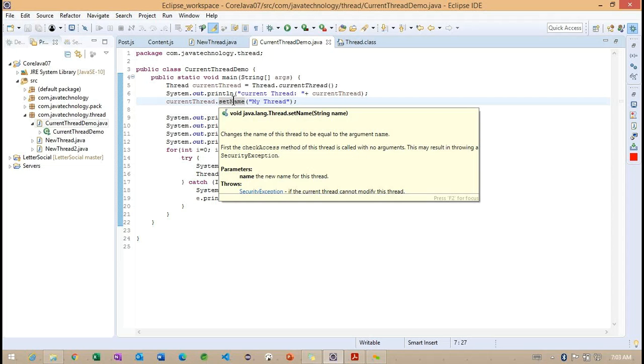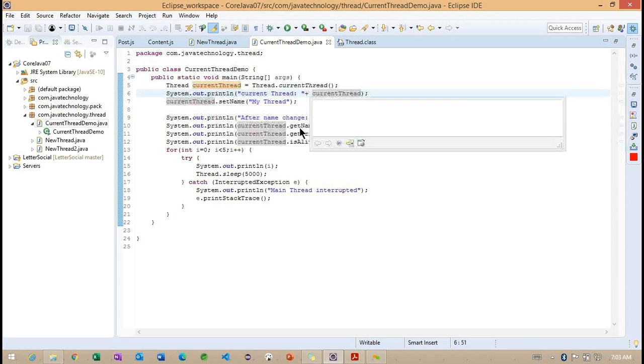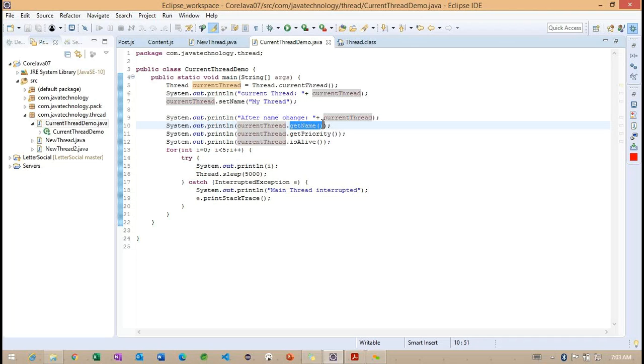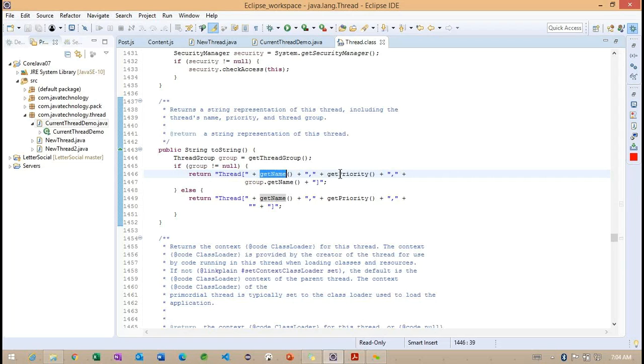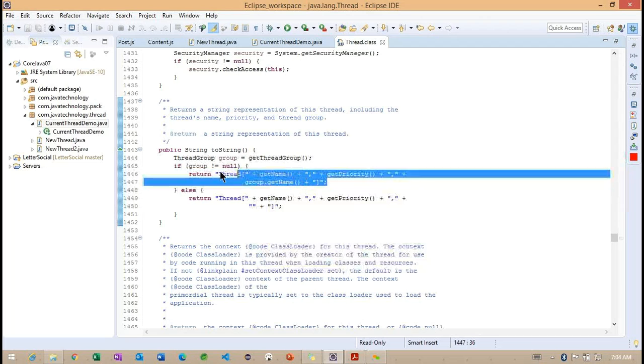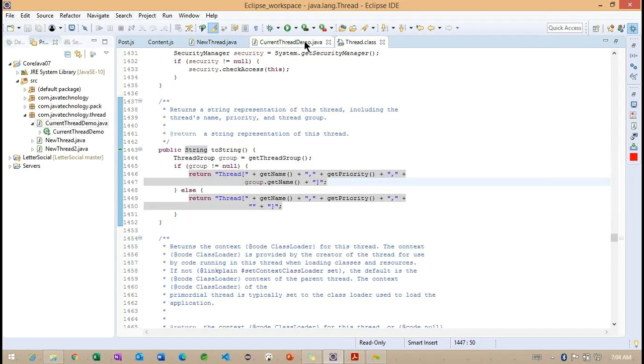So instead of using the default names, we can use whatever name we want for the thread, right? And after this, we try to get the name of the thread, and getPriority. Whether this particular thread is still available or is in the terminated state, we can find using a method called isAlive. That is also identified in the toString method. They use the same things to provide the proper output here. Getting the point? So this is the way we can override the toString method, whatever output we want to customize.